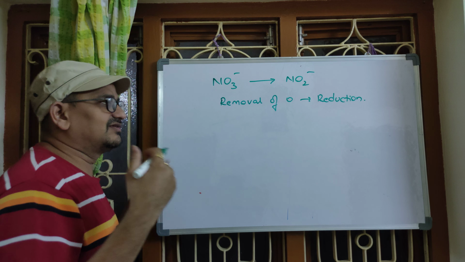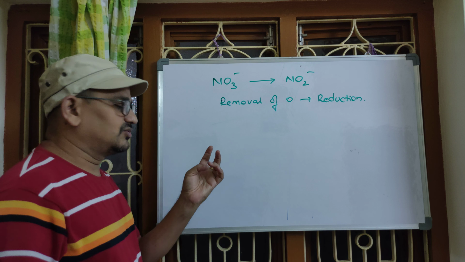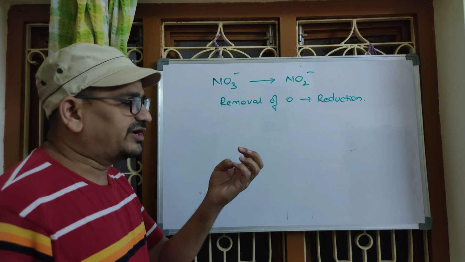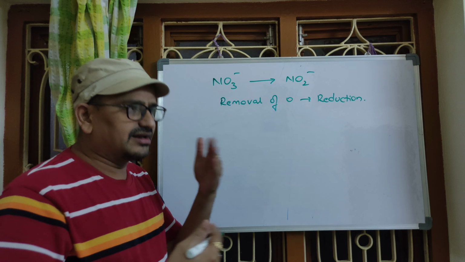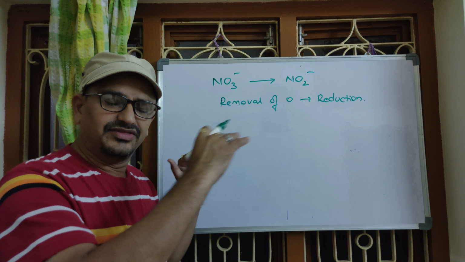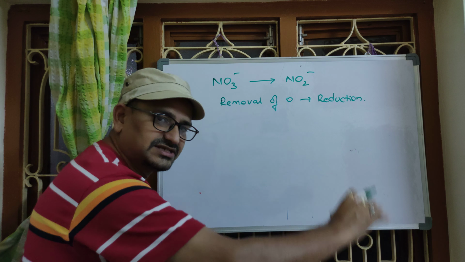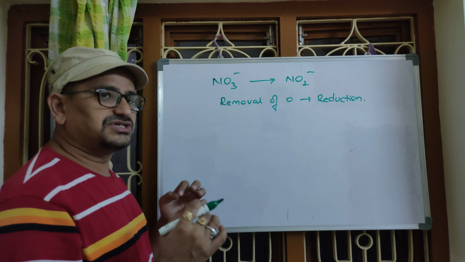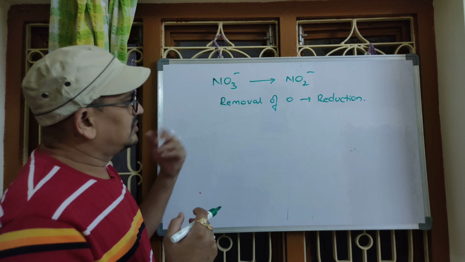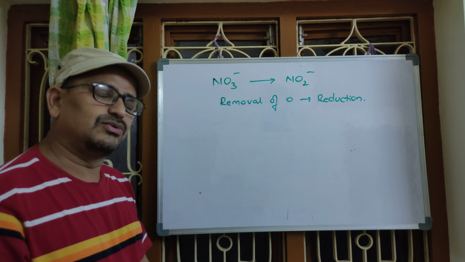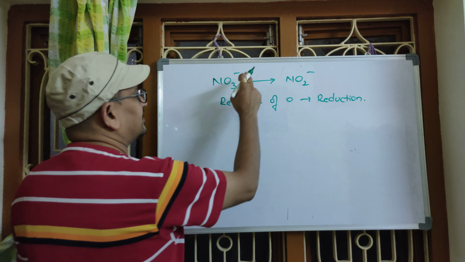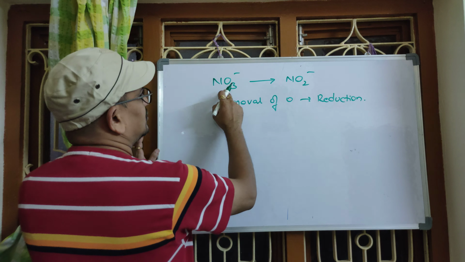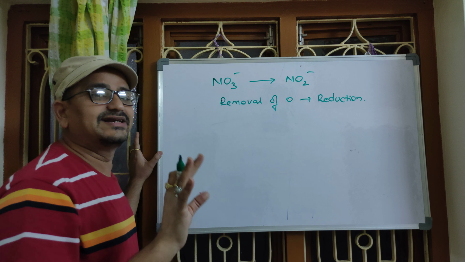You have to recap always what is oxidation, what is reduction. So the points should be on the tips. Repeat the lines. Make an iterative study about this oxidation reaction and reduction reaction. The definition part, these 3 ways and those 3 ways, they should be on the tips always. And if you apply for the first few questions in a proper way slowly, the next questions can be solved quickly. Okay, NO3 minus is changed to NO2 minus. So oxygen is removed. So we predicted it as reduction.